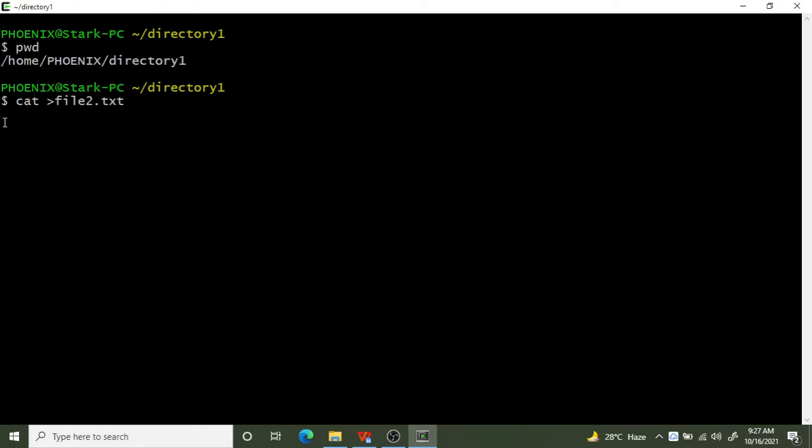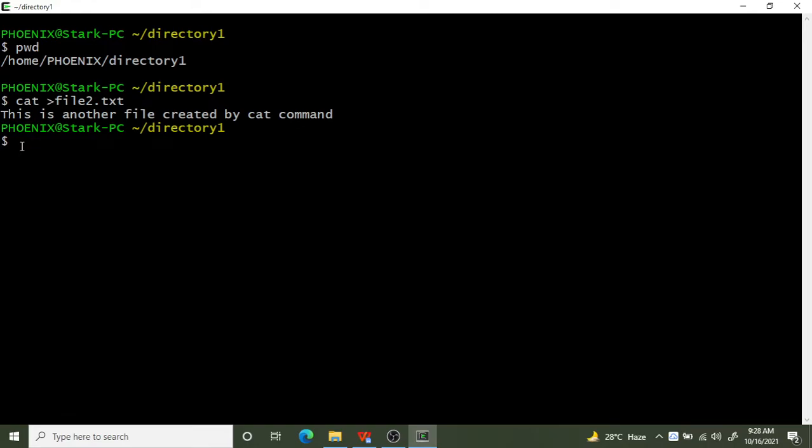Now I'll start writing: this is another file created by cat command. Okay, now we are done, and I want to come out of this. For that, use Control D. When you press Control and D, it will come out of this terminal and show the original prompt. Now you can see I came out and the dollar symbol is displayed. So now I can start entering new commands.